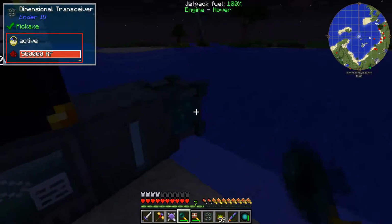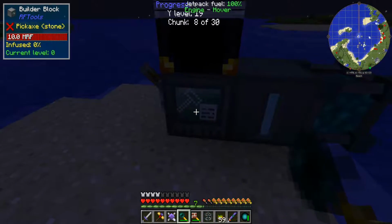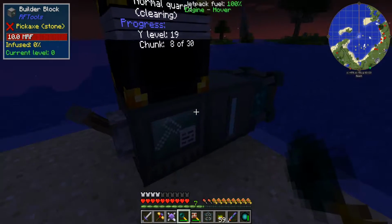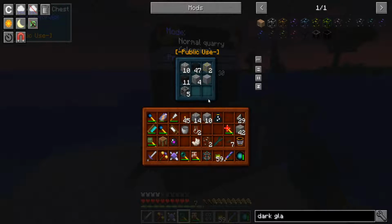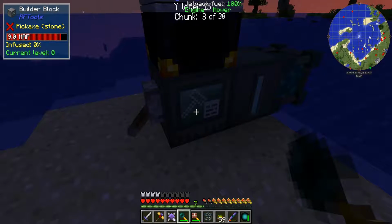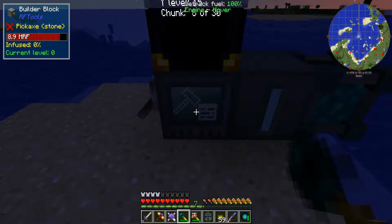Enderlink chest, quarry, Tesseract. Now, I put this little capacitor in here and I set its max output to 500. Because when I just put that straight there onto this, that capacitor back in the base just went no more power. So 500 is a supportable amount of power. I flick this lever, takes a while to start up, and then whoomp. We have massive amounts of resources again coming in. It will run off of its stored power, 10 million RF for a little while. More than a little while, lasts a bit of time actually. And then it just